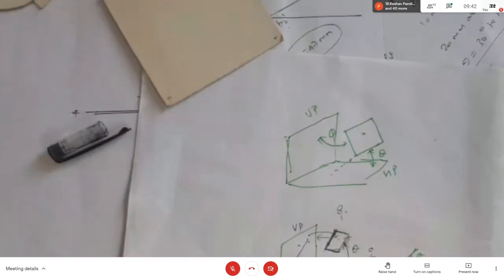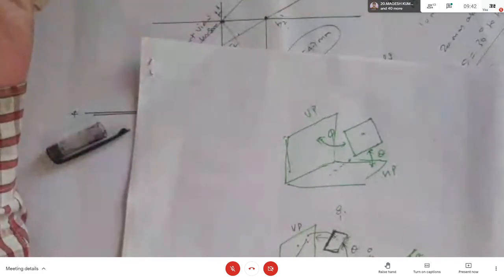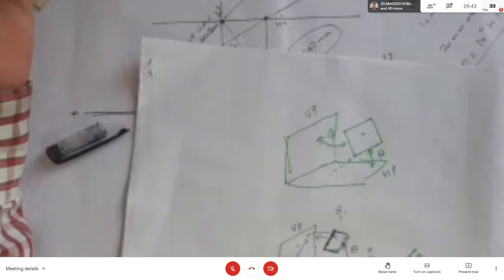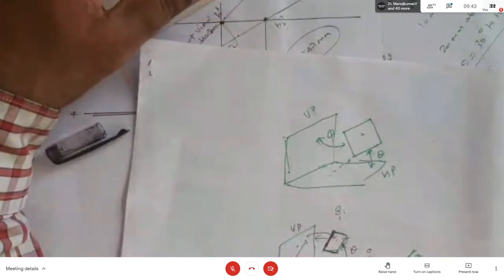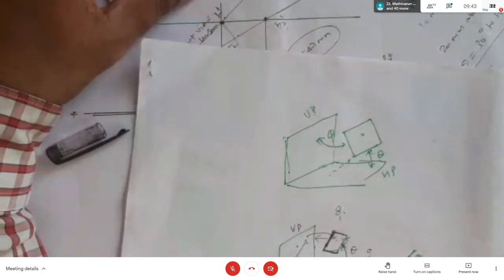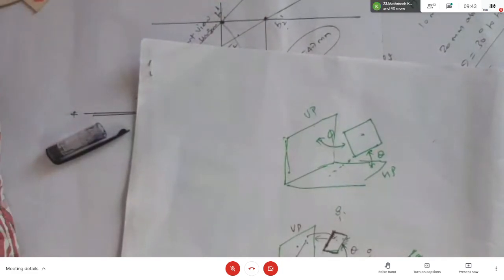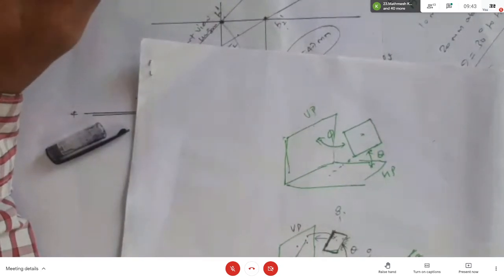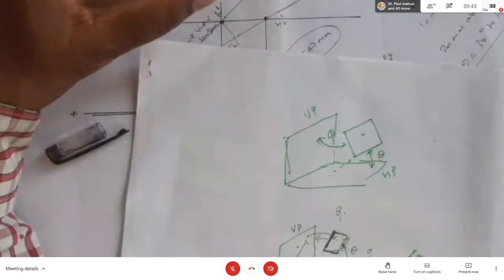So you must prepare the lamina and make a first quadrant, in a note front sheet or some cardboard or something like that. Make the lamina and try to do this. We have seen 2 cases. One is the perpendicular plane. In the perpendicular plane itself, we have seen 5 cases: plane perpendicular to VP and parallel to HP, plane perpendicular to HP and parallel to VP, plane perpendicular to both HP and VP, plane perpendicular to VP and inclined to HP, and plane perpendicular to HP and inclined to VP. We have seen 5 cases in case number 1.